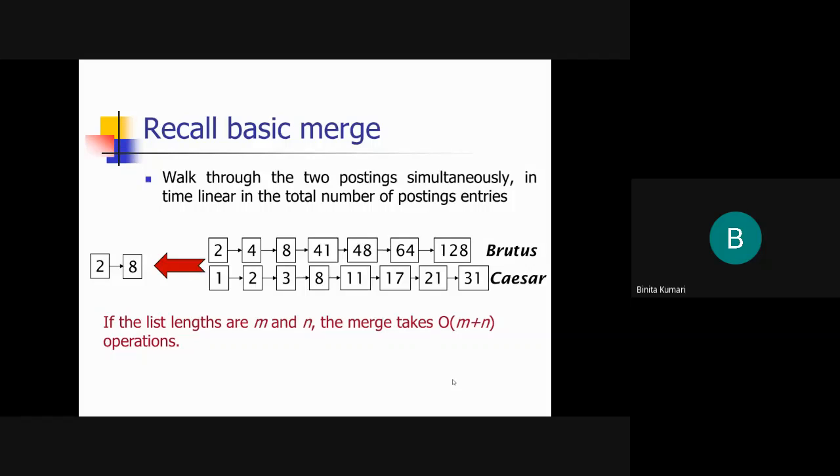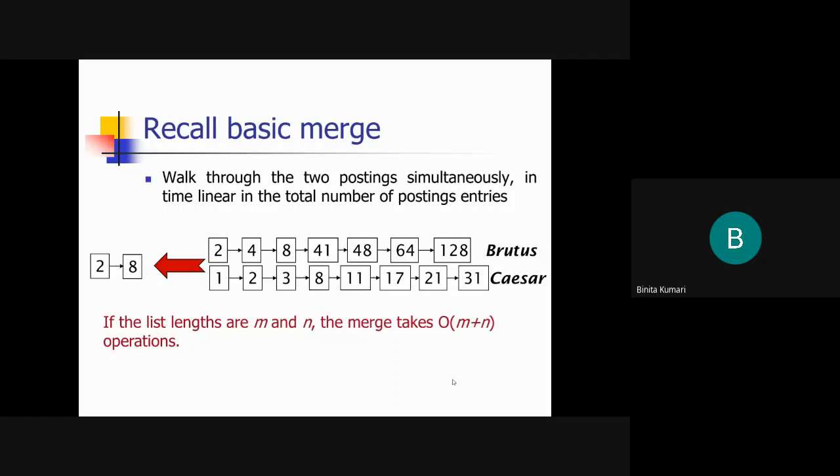If you remember, we had discussed our basic merge technique. We took two posting lists for two different terms, for example Brutus and Caesar. We took their respective posting lists and performed the query Brutus and Caesar, and finally we were getting our output. In the output, we were getting those document IDs which are common to both, where both Brutus and